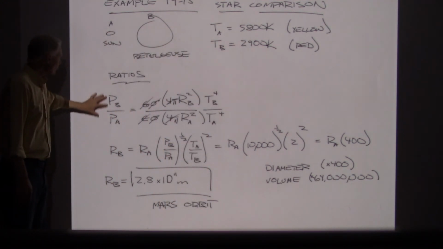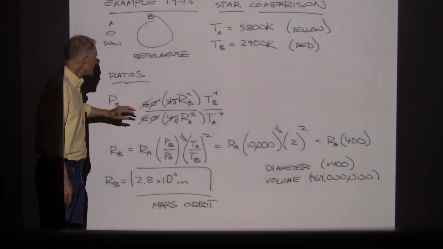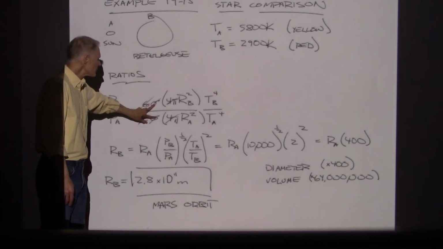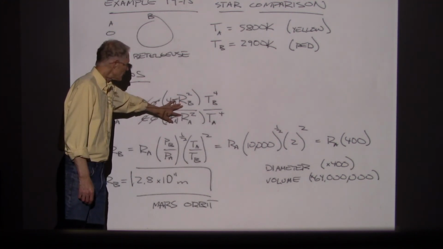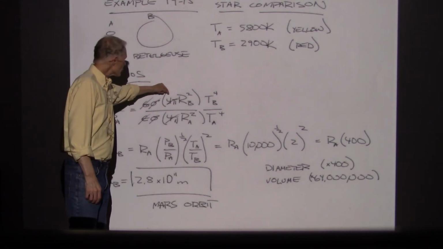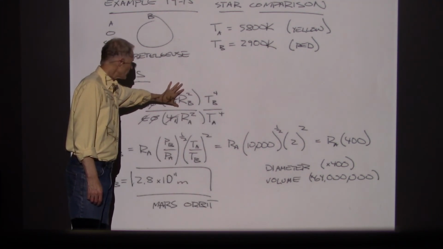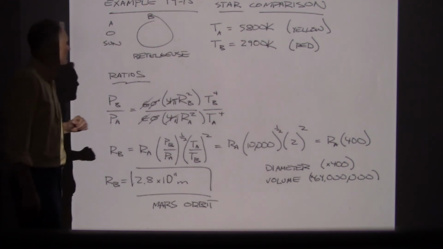So what we can do is a ratio of powers: the power generated by Betelgeuse compared with the ratio of power from the sun is based on the emissivity, which we can set equal to 1 for both, times the Stefan-Boltzmann constant, which cancels out. Now this is the surface area where the light's coming off the surface, and that's going to be on the outer layer, a surface area of 4 pi r squared, where r is the radius of the star itself. So the 4 pi's cancel, but we have a ratio of the two different radii that remain, and then the